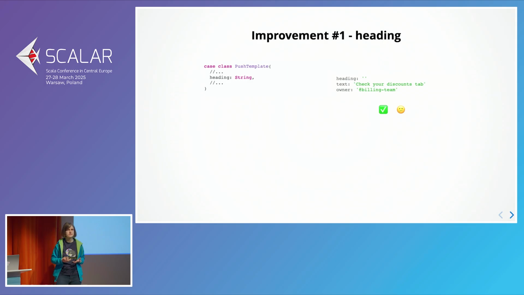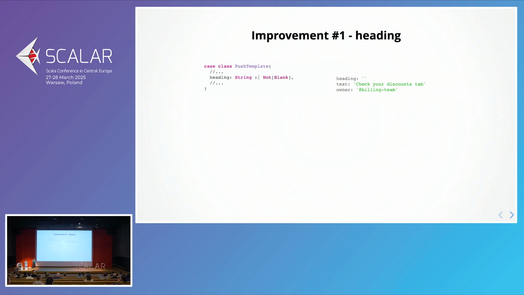It's a library for Scala 3, which lets you define so-called refined types. So for example, here we are defining a refined type of the base type, which is a string, refined with a constraint. And our constraint here is that the string cannot be blank. And if we have this, then how would our decoding change? Actually, it doesn't change at all. What you need to do is you add one import.